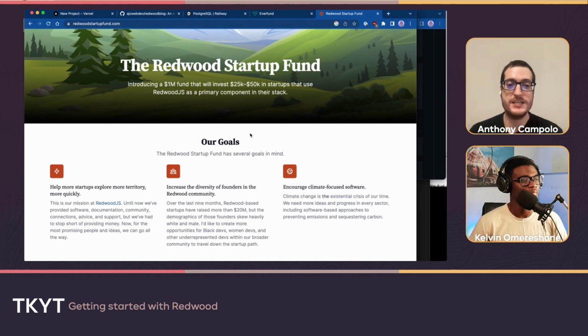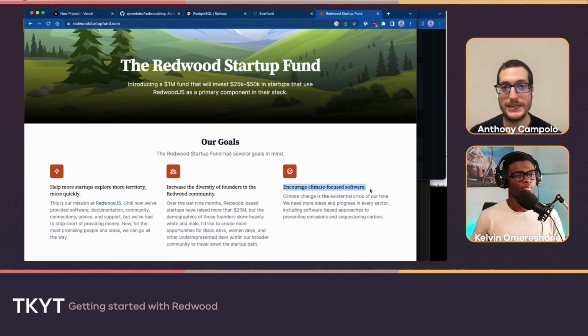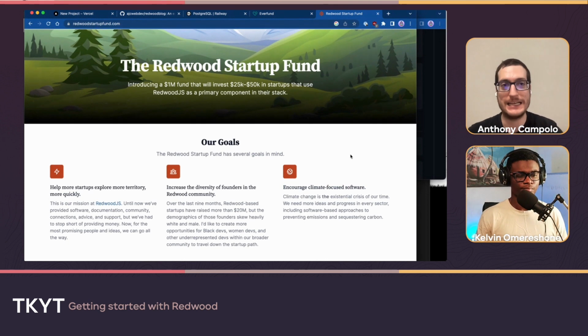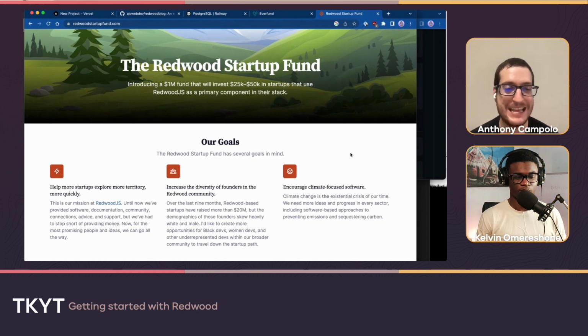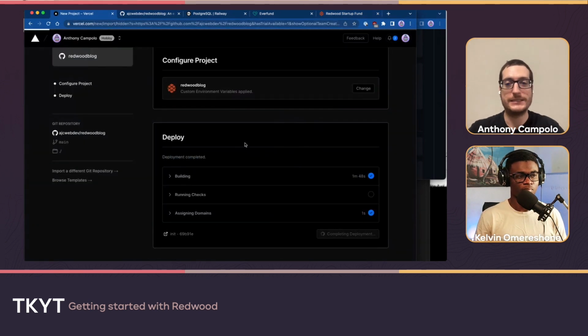There's also a specific climate-focused arm. So if you're working on climate tech or things related to climate change, then you'll get even more special attention from the startup fund, because that's something that Tom believes in very strongly and wants to help promote.